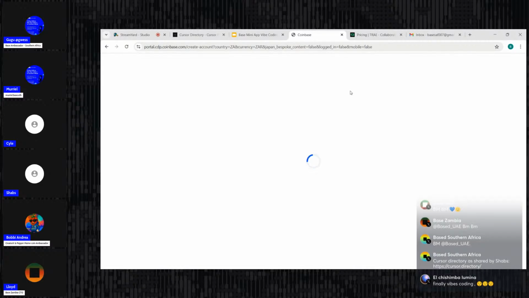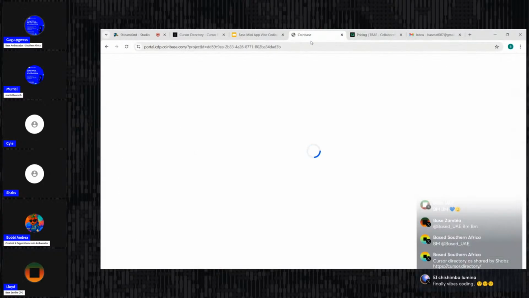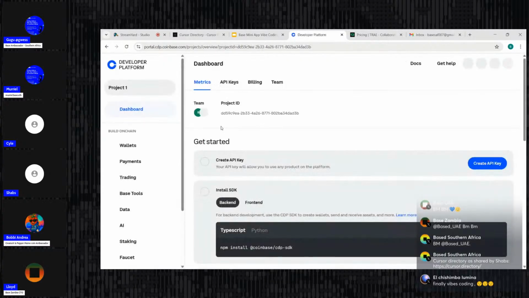Okay, so this could be happening because I've already got my PC authenticated in my own personal Coinbase developer account. So there could be a case that it's already trying to match. It's a security feature that they put here. But let's see. Okay, it's let me in. There we go. Awesome.